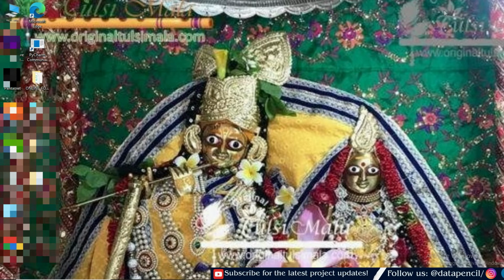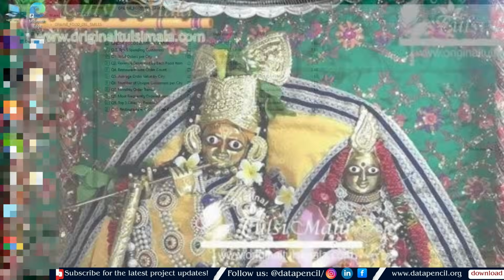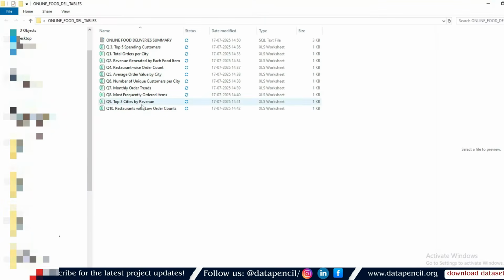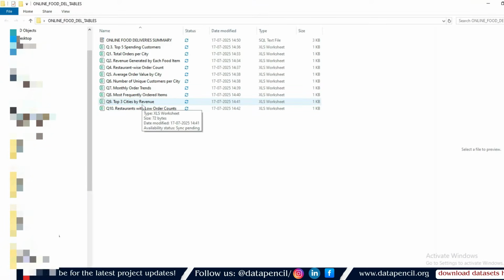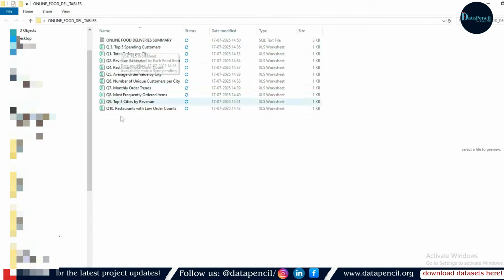Okay, so first of all, we will do these visualizations on the tables that we have saved in the previous 2 days. That is the summary queries that we have done on day 7 and day 8. And I've told you that you have to store those tables. If you haven't stored them, then no problem, you can store them again. So here you can see this is the folder in which I have stored my tables, all 10 queries of day 7 and day 8. I have stored them here. Now we are going to do the visualization part for these tables.